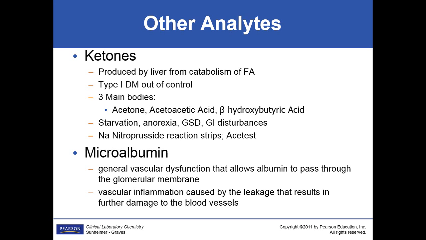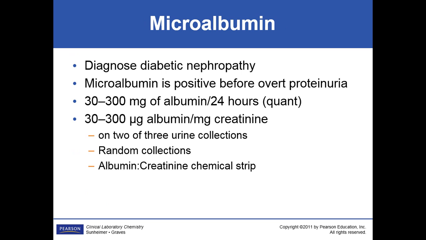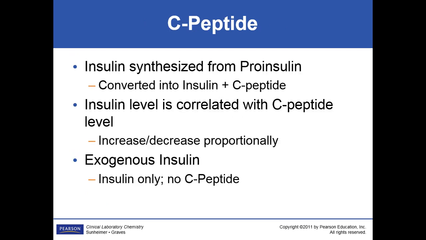end-stage renal disease. And so we came up with a way to measure that in urine, on random urine, a little dipstick, where we're doing a comparison of albumin to creatinine. And when we get into the renal chapter, that'll make a little bit of sense. But it's another test that we will do. That's basically talking about it.